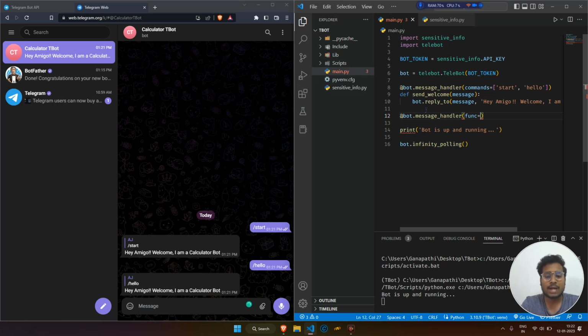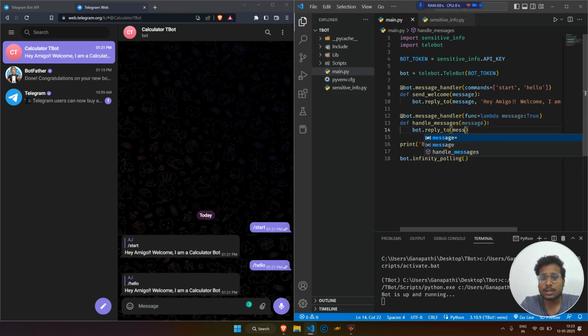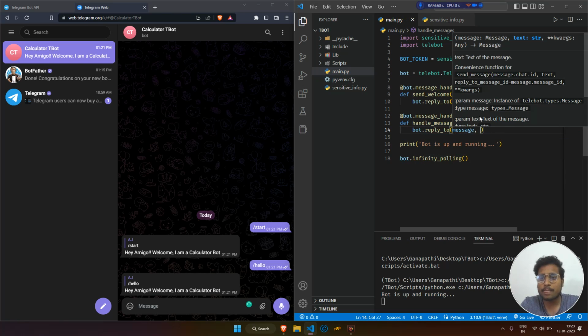So for that there is a parameter func, and then we write lambda message: True. Then we have to handle messages and reply to them. It will take the message and